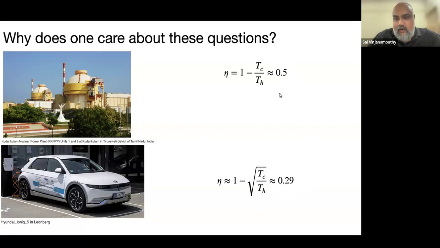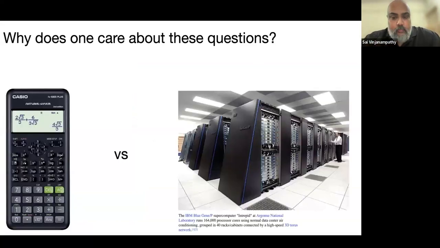And what that means is that there is still a 20% gap that you can hope to recover by being more careful about the way that you're operating the machine. And if you can't get close to the 50%, understand why. So these kinds of questions about the ultimate limits of things are important, not just because we're trying to push technology and make cool devices, all of which we are, but also because it relates to basically cleaning up our act as a civilization. It's just living the most efficient life possible, so that we're not stressing out the resources of the earth that we live on. And so another reason that you would want to care about this question is this example